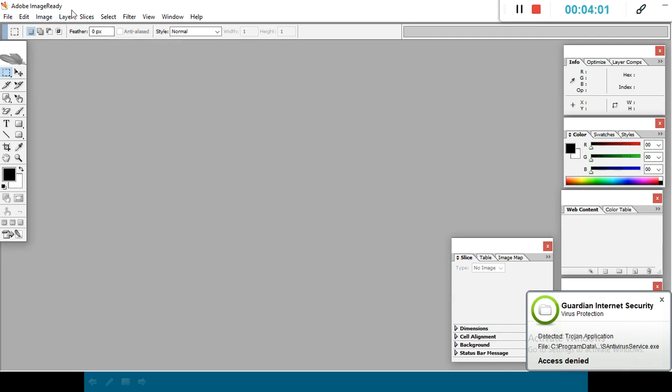It displays the menus that contain most of the commands in it. And you all know the title tab, it shows us the name of the application which we are running. At that time, it will show the name of the file that we are running. And then the option bar, it displays controls that let you customize the selected tool in the toolbox.